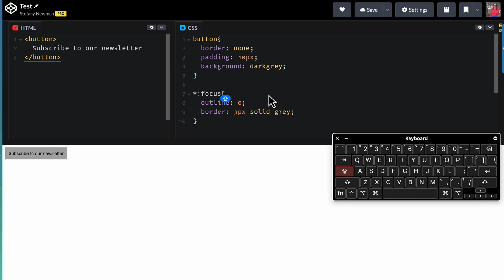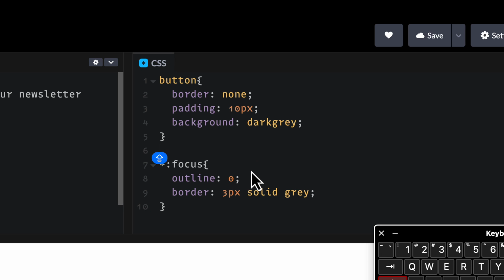Now people said, oh no, it actually doesn't fail because you still have the border. But if you look at your website in Windows high contrast mode, there's not going to be any outline. So in this regard, it fails, right? If you want to remove your outline, just add it as 1 pixel solid transparent. But I really, really, really do not advise this.